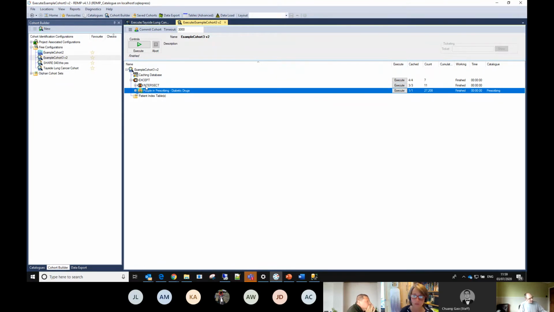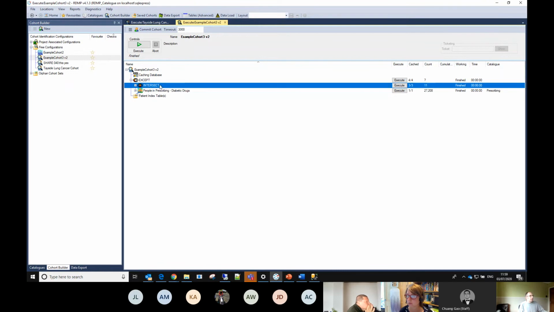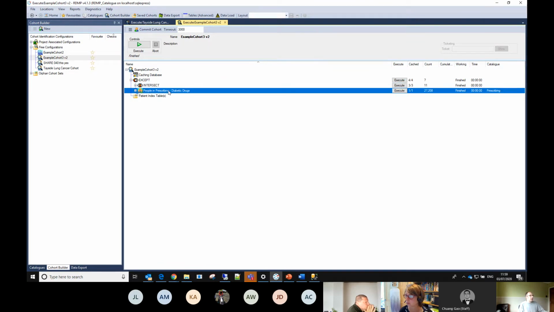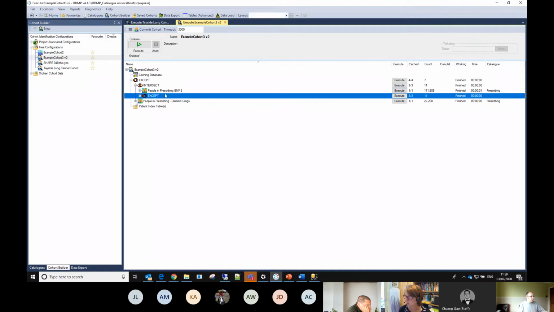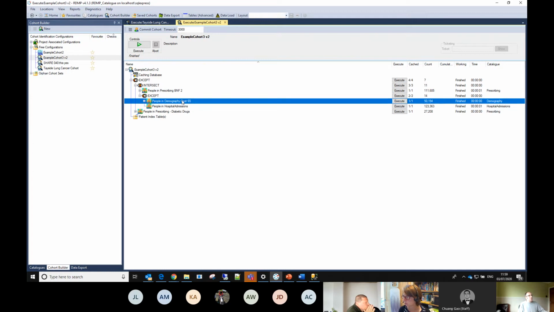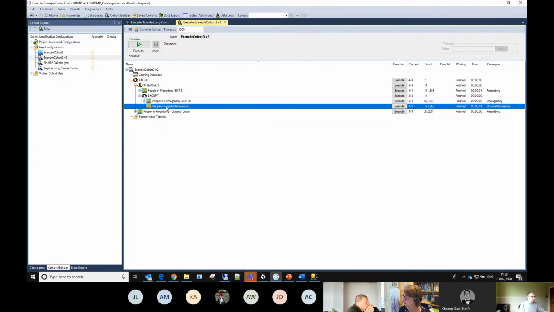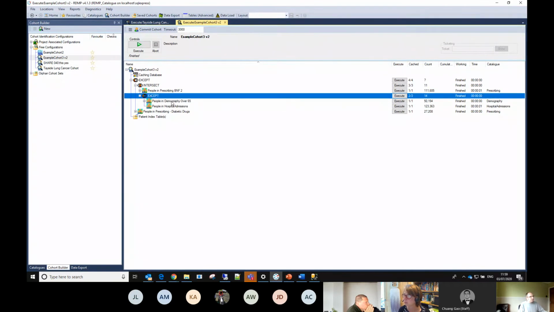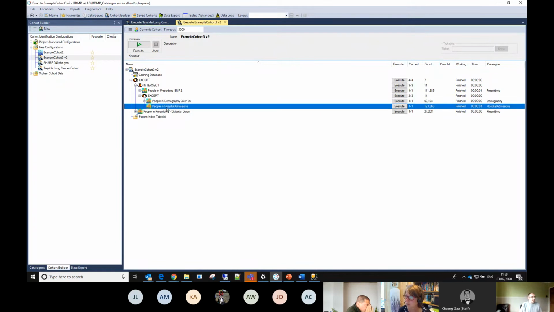I can then expand these things and see what we're actually getting. So we're keeping people in this intersect and we're getting rid of people with diabetic drugs. What we're keeping is people with BNF2 intersected with an accept, so that's the leftmost component of what's inside, and that is people over 65. So we've got people over 65 who have not had a hospital admission. So the accept, remember, takes the first set and excludes the second set.